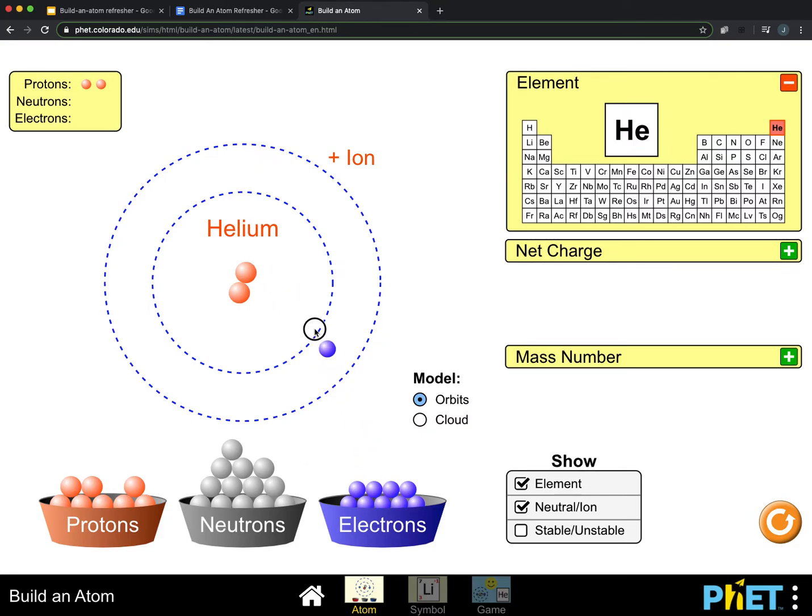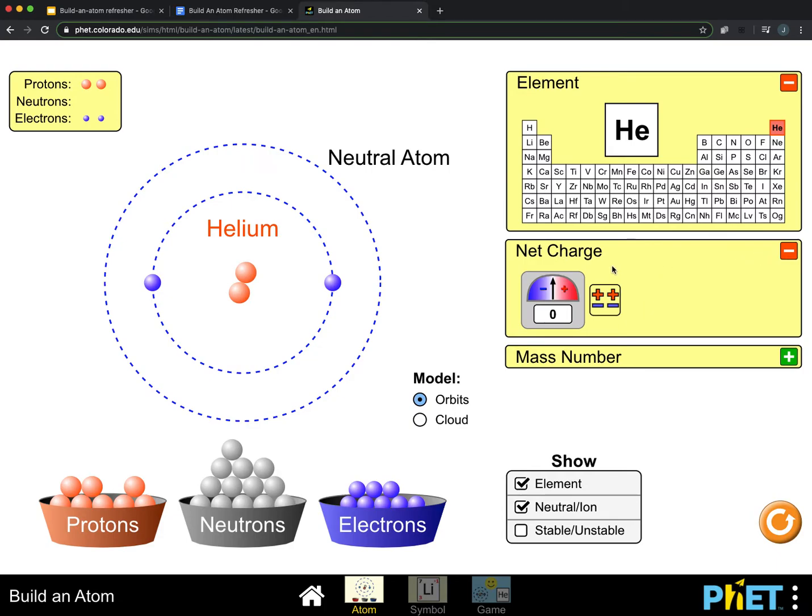If I throw in 2 negative charges, you can see it changes to a neutral atom. And then if you click on this box here, that net charge, you can see neutral. I have 2 positives, I have 2 negatives. These are canceling each other out. But if I take away a proton, look, it's no longer helium, it's turned into hydrogen, and it's no longer